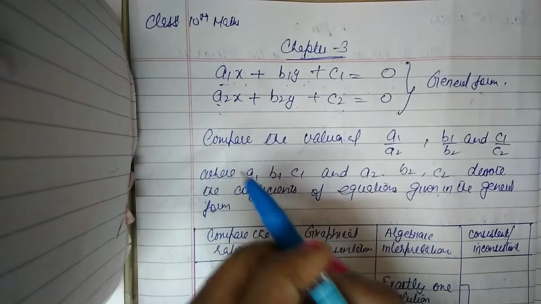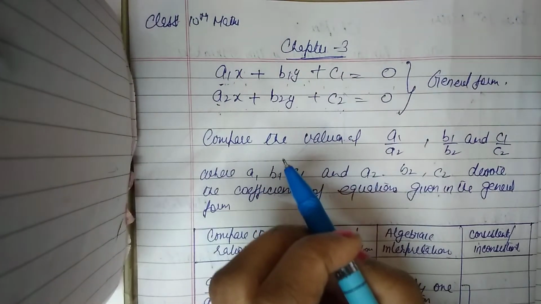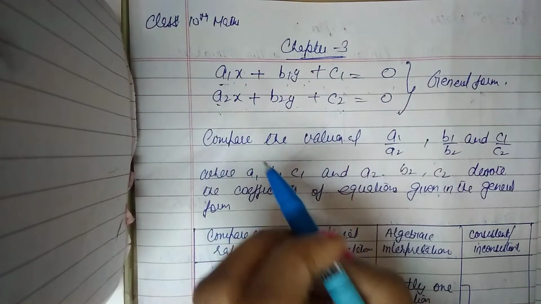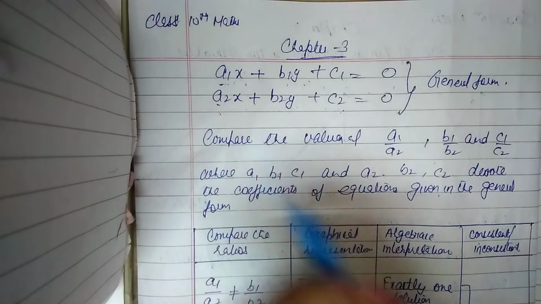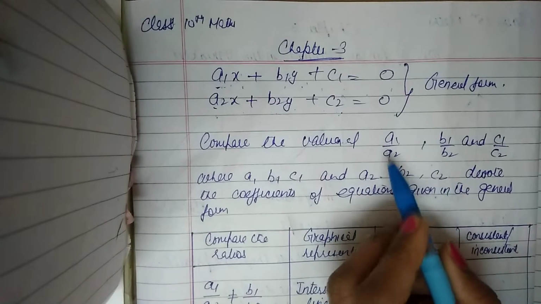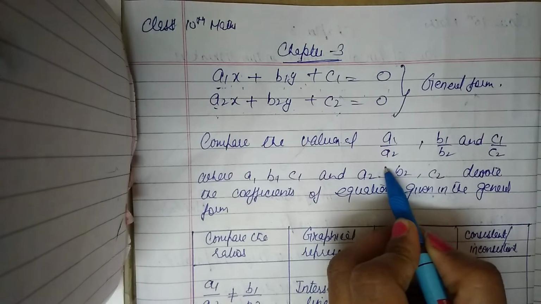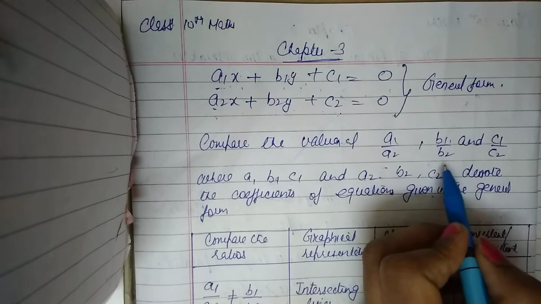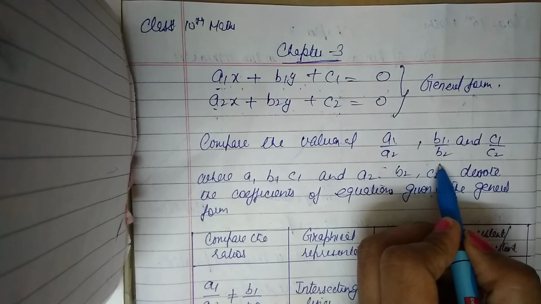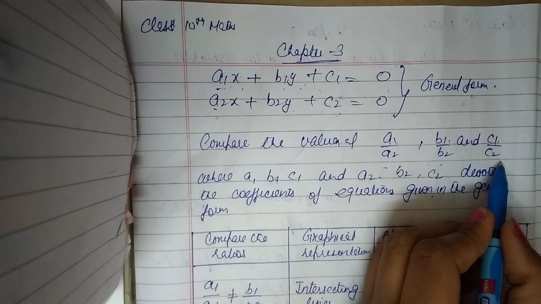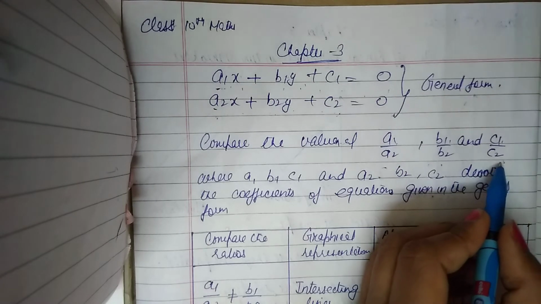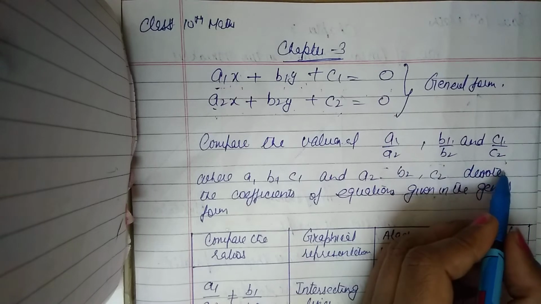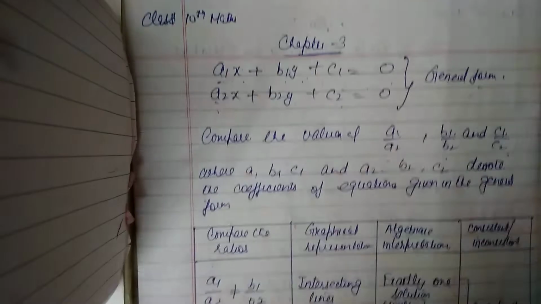When we are given the algebraic equations in general form, firstly we find their coefficients of x and y, then compare their values: a1 upon a2 means the coefficients of x of both equations, and b1 upon b2 means the coefficients of y. c1 upon c2 is the constant term. Firstly, we find all these values of the given equations. After that,